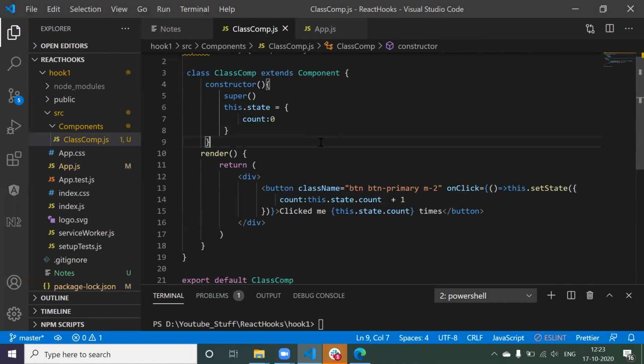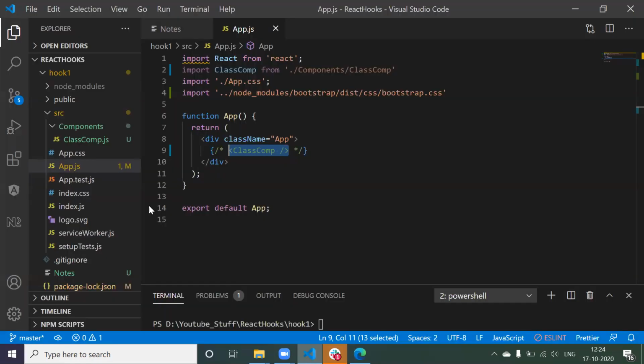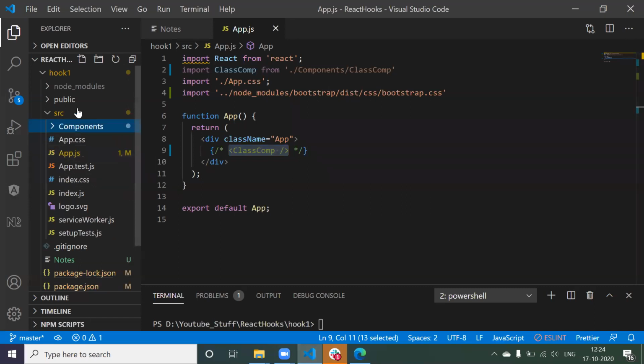How? Let's see. So I'm going to create one more component. So let me clear it, and this time let me comment it so that I save and come here. Now we are not able to see anything. Okay, fine. Now let's create one more component.